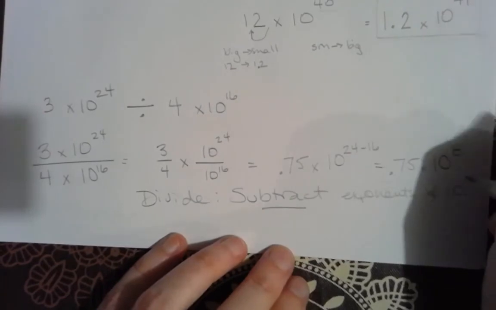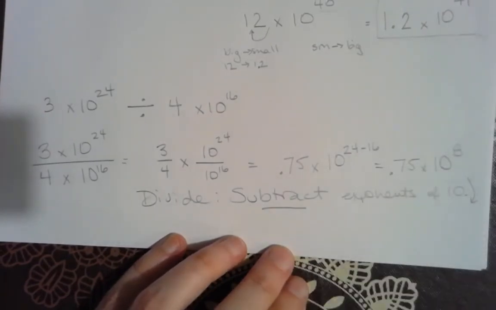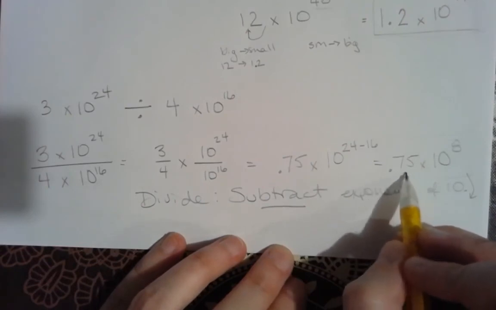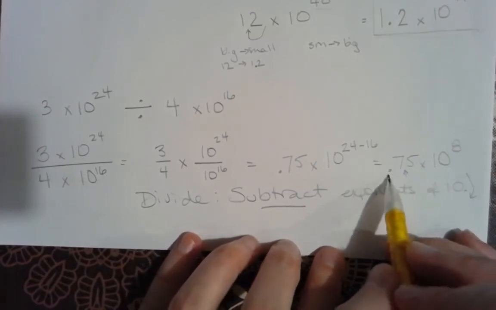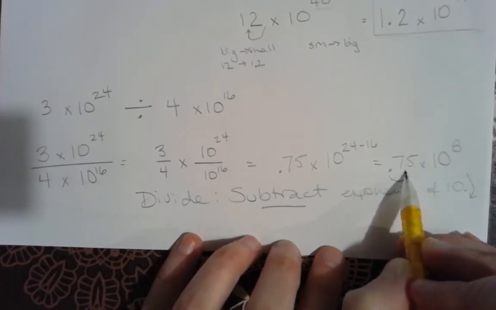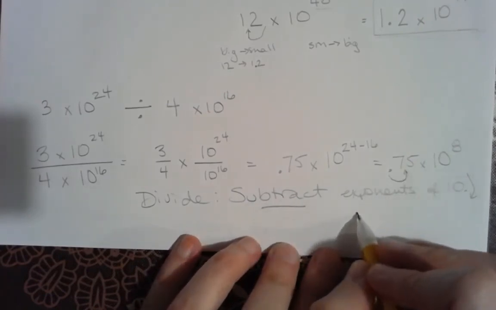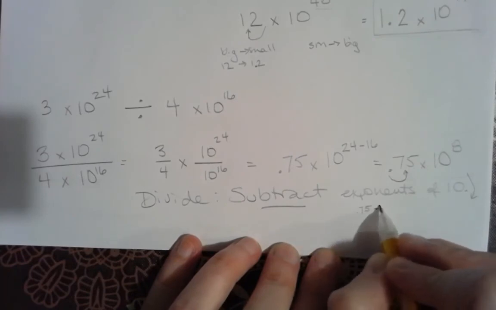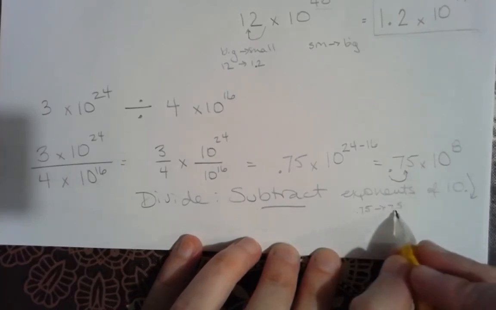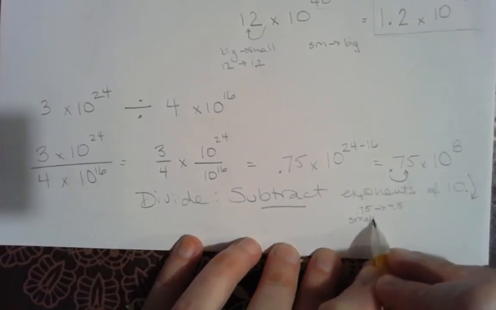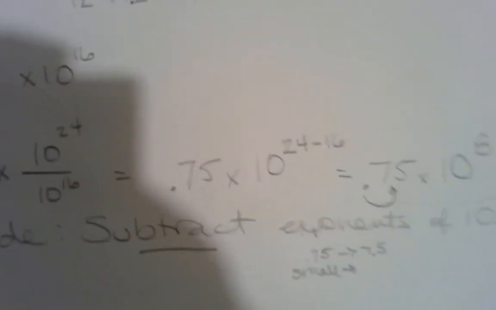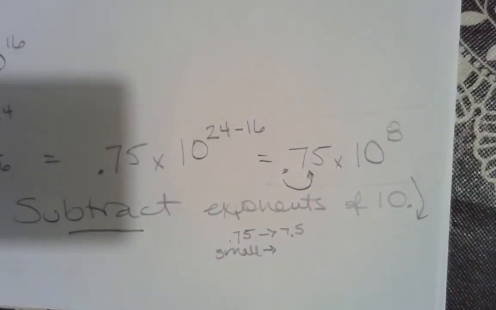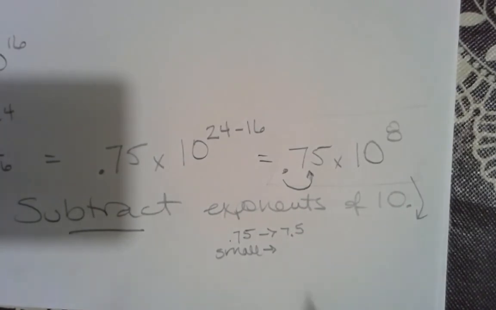But if you're ready for it, let's take that to its actually correct form. So you want your decimal after your biggest place value. You want your decimal there. And pick it up and move it one time. And think about it. You started with 0.75 and you turned that into 7.5. This is your small number that you're turning into a bigger number. 0.75 is small, 7.5 is big. Speaking of small and big, let's magnify that. Okay, so you're starting at 0.75, you're turning that into 7.5, going from a small number to a big number,